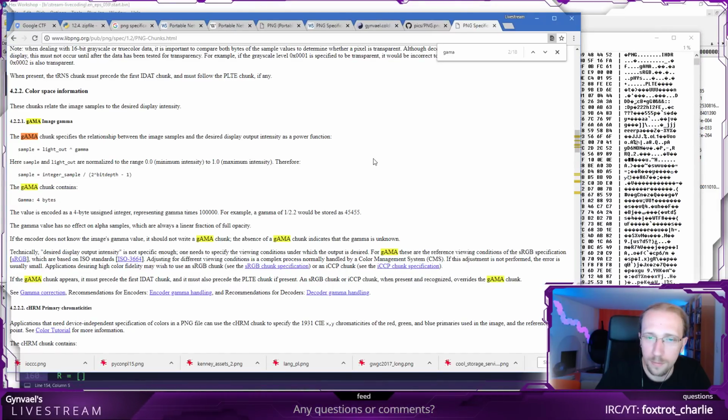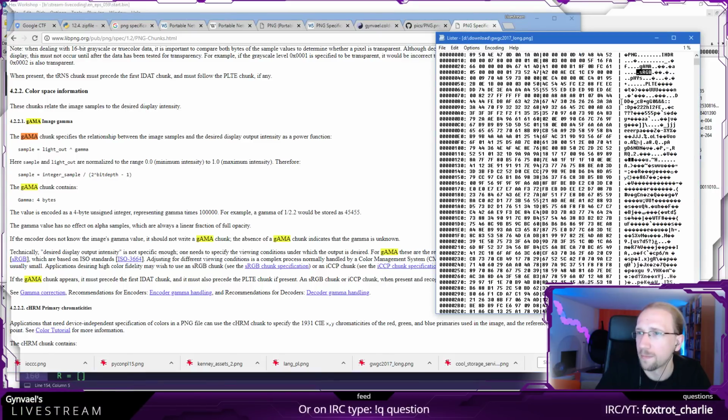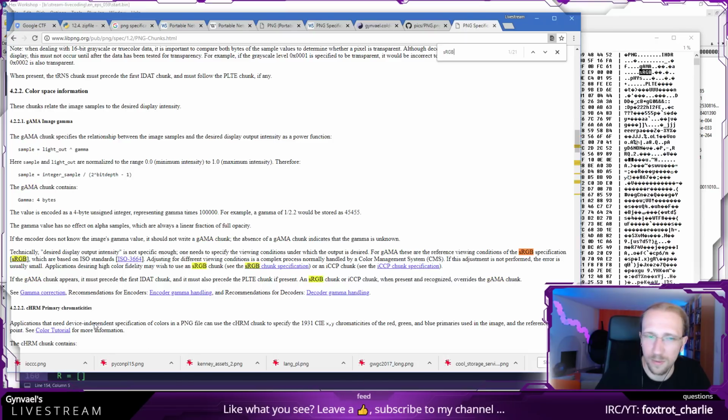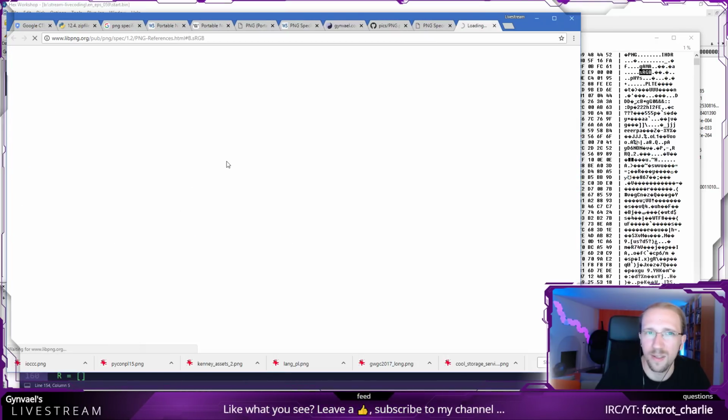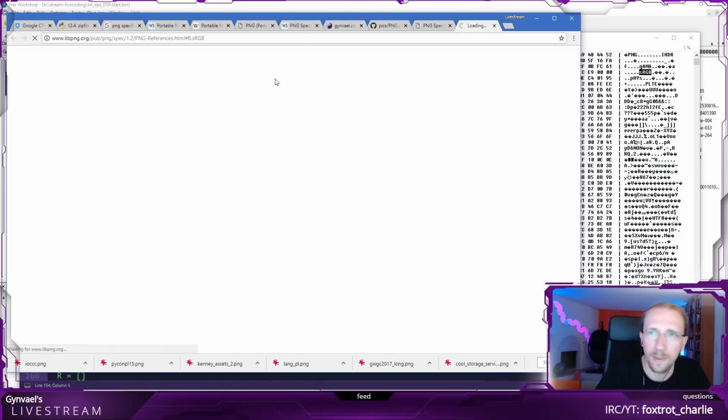I'm still wondering how probable it is that it will be there. Let's go with sRGB, because I saw it in more of the chunks. The gamma doesn't ring a bell. So let's try with sRGB.